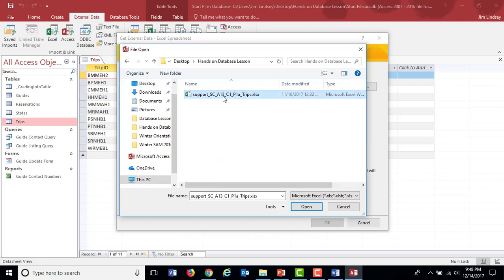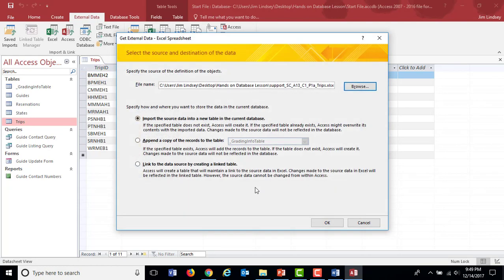So I'll select that one, hit open, and then it's going to ask what I want it to do. Do you want me to import this and make a new table with it, or do you want me to append it, or basically add it to the end of an existing table? Yes, I do. Select this middle one, and I want you to put it on the trips table. By the way, I need to close this trips table. No, I'm good. You can also link to a data source by creating a linked table, but I'm going to go with this append. Hit OK,